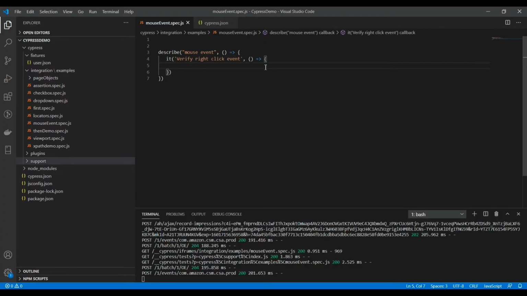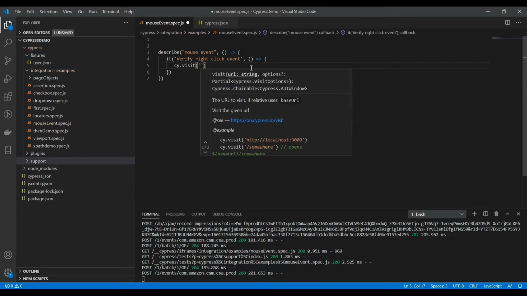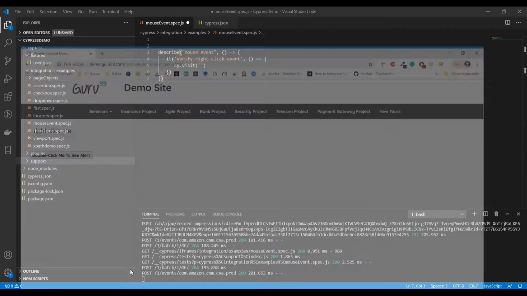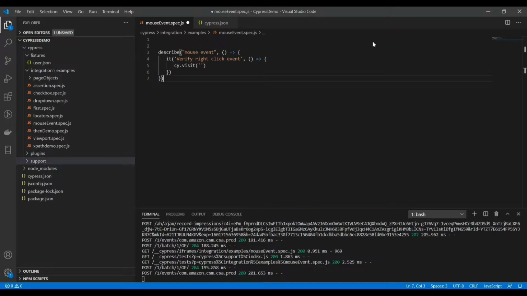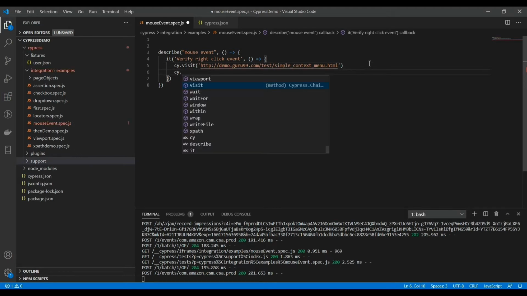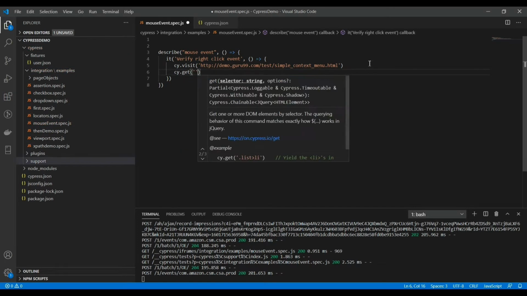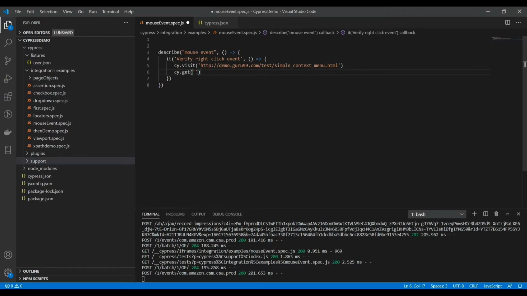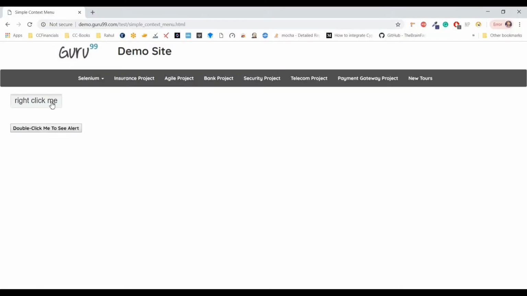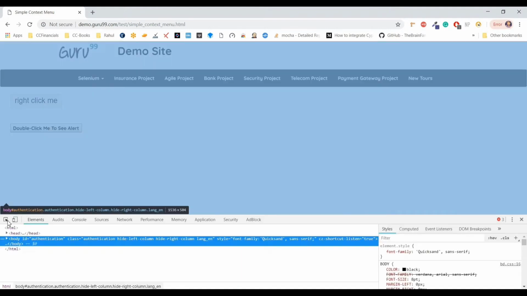So the first it block is for the right click event. I'm writing the cy.visit statement and copy pasting the URL. Now I just need to locate the element on which the action needs to be performed, that is the right click button.